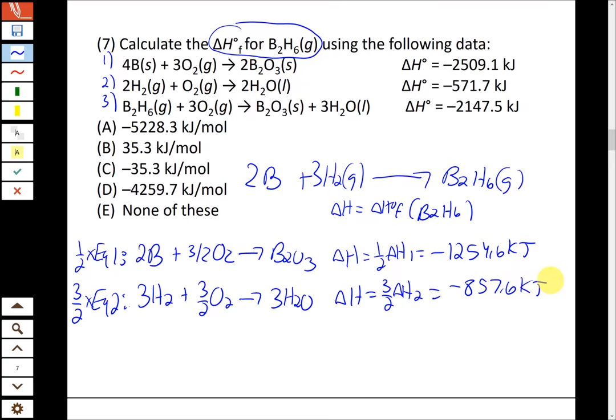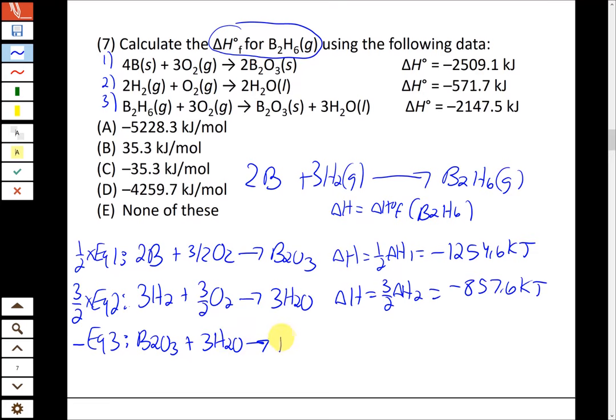All right, then finally for equation 3 here, we want B2H6 to be on the product side for the equation that we're trying to calculate delta H for. But B2H6 is a reactant in equation 3, so we're going to have to flip the whole thing to put B2H6 over on the right side. So when we flip it, that's equivalent to taking the negative of it. So we're going to flip equation 3, which means all the reactants become products and vice versa. So that's going to become B2O3 plus 3H2O